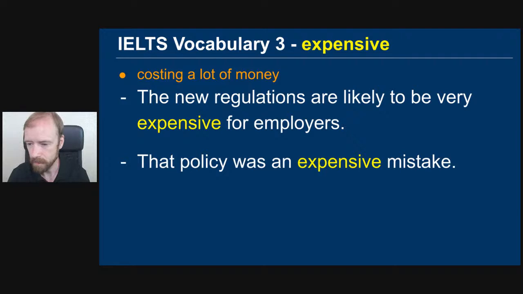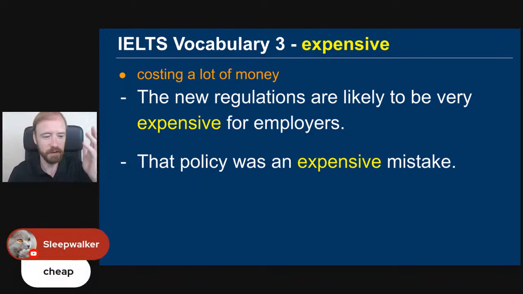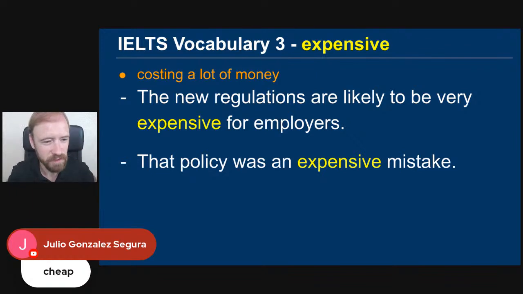You mean it could be given to someone without working? Yes. All right. So this is why I talked about expensive, because what's the opposite word? And right away, Sleepwalker comes in with cheap. Layla comes in with cheap. Anna Maria comes in with cheap. And Julio comes in with cheap. This is IELTS. Don't you have a better word than cheap? Come on, cheap. I thought you guys just want band 4. Come on, we want band 7.